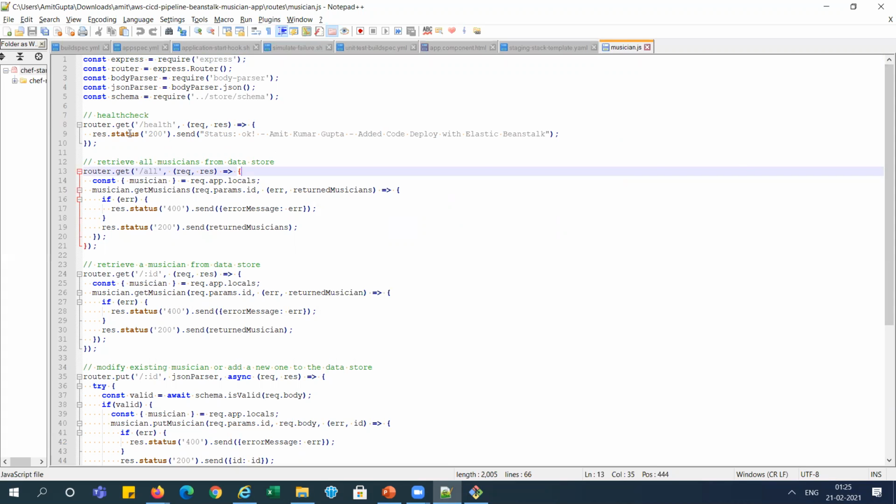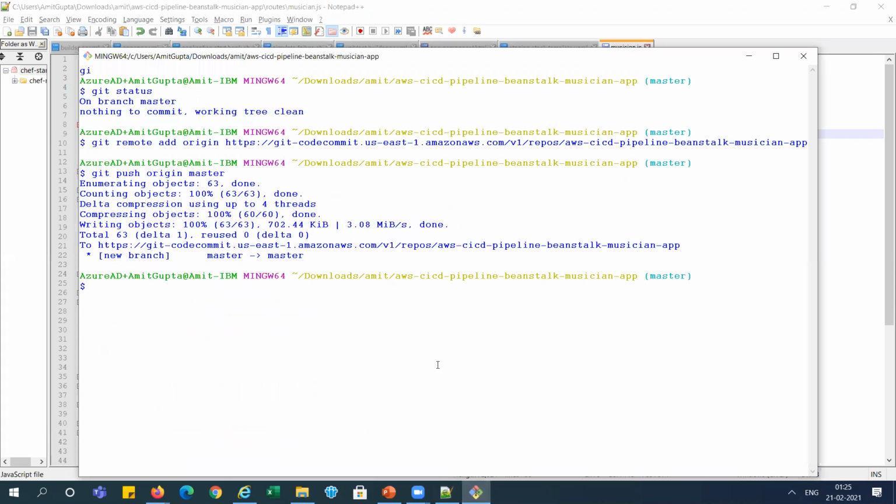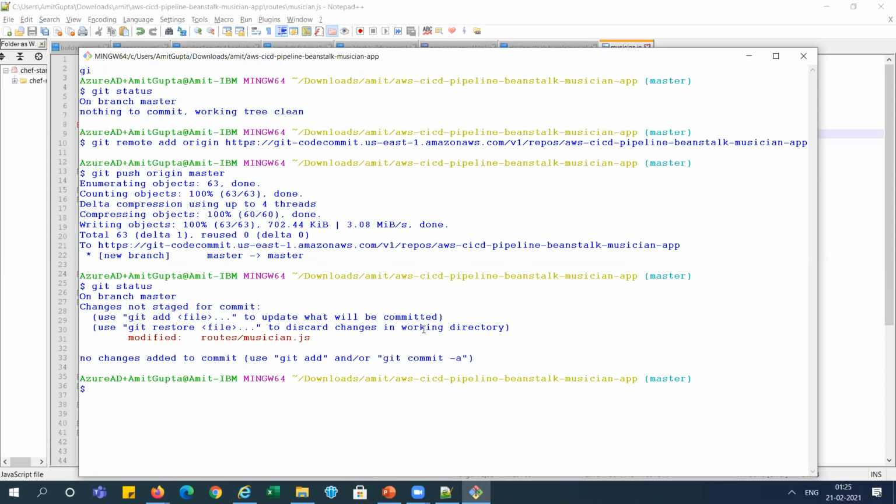And this one response, you can see this is added. Now I will go and add one more line here, tested. Today's date is 21st 5, right? 21 5 21, right? So I'm saving it. Let me commit this code from the local system. This is my local. Now I'm checking this code over here. See, it is showing this one. So I am going to commit this code.